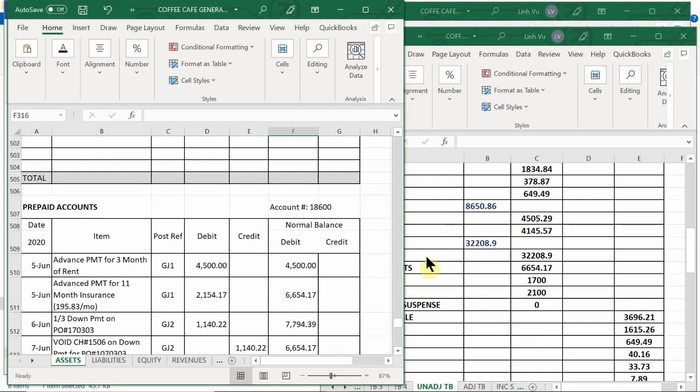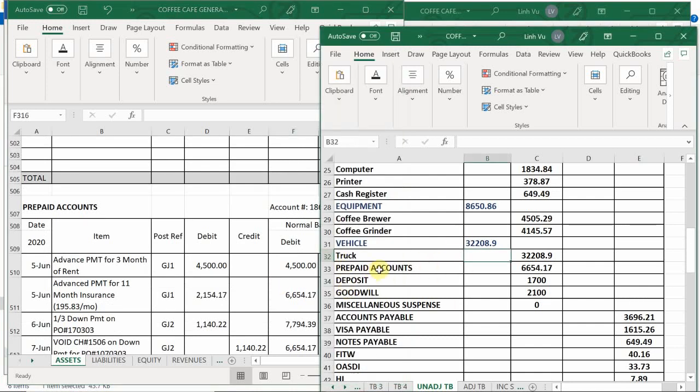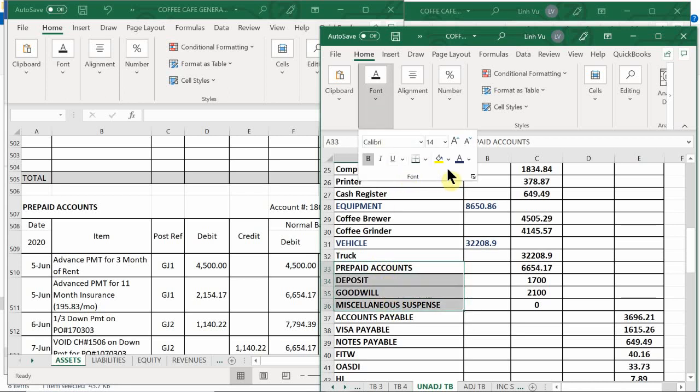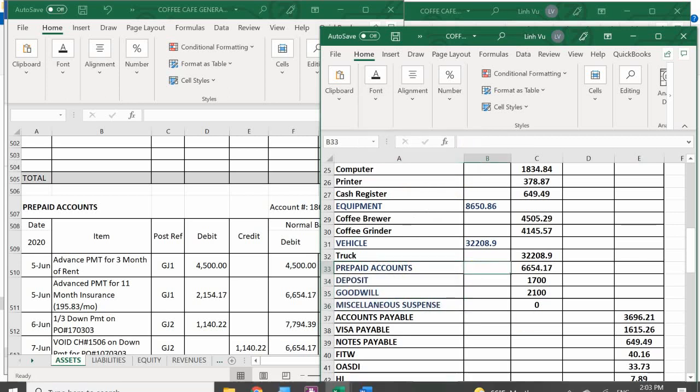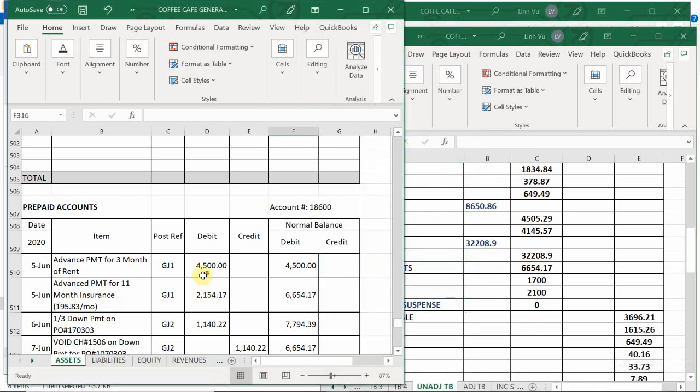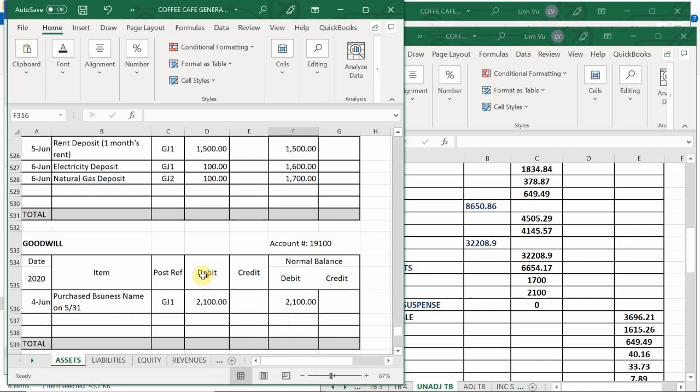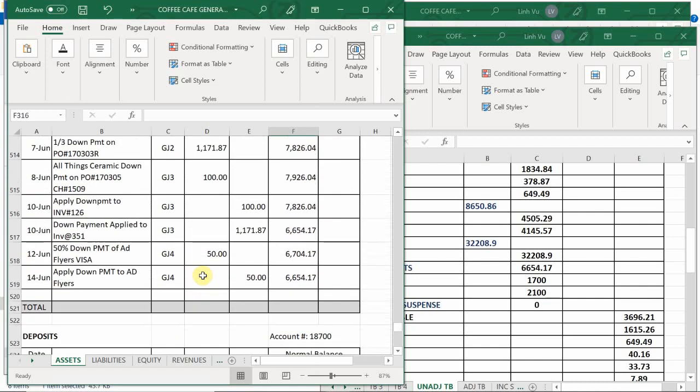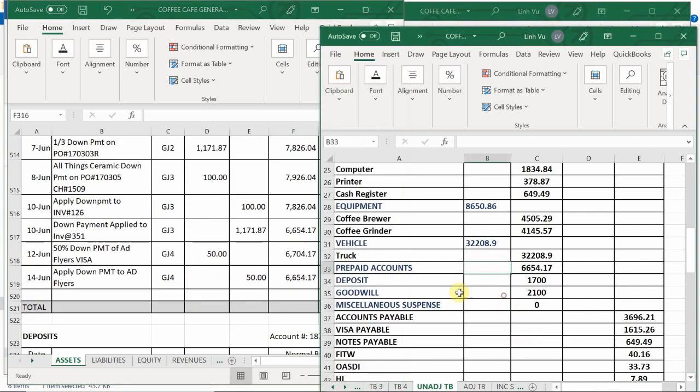Next I have here is prepaid accounts. So I'm going to go ahead and highlight all of these because these are all our main accounts, right? Main account. Prepaid accounts. How much is my prepaid accounts? 6,600. The same. Okay, it's the same. So prepaid accounts is still